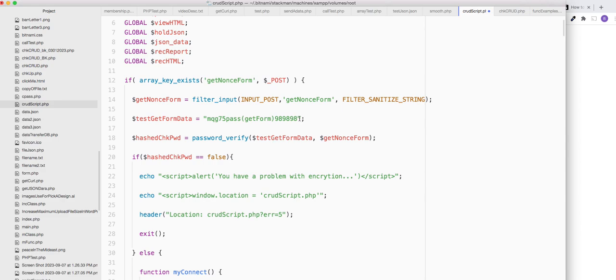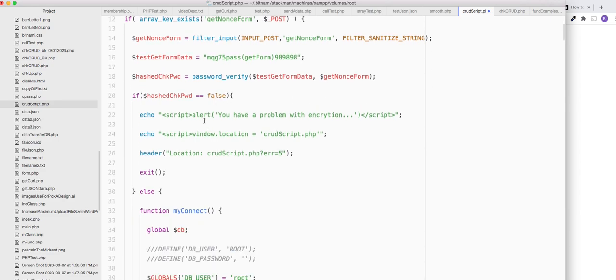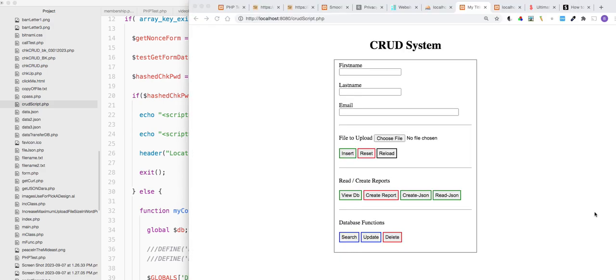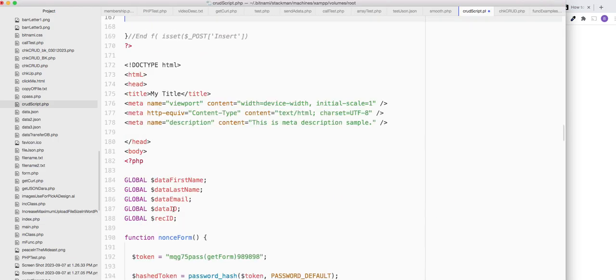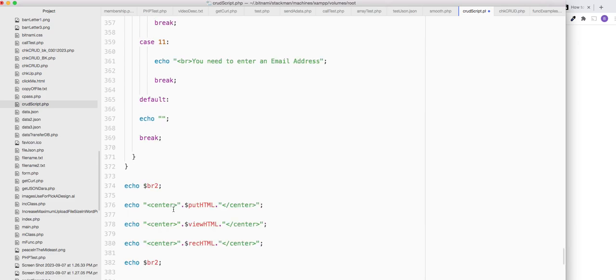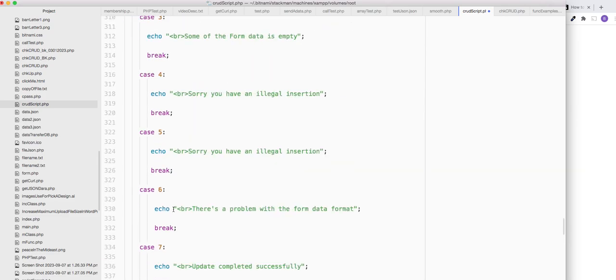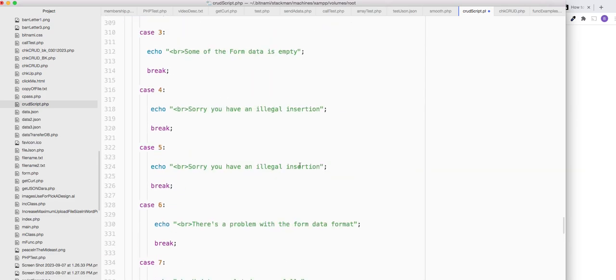And if it's the same thing, then it goes on. If it's false, you get a message like this, and then it takes you out back, giving you an error 5, which should give you some kind of message over here. Error 5 would be something like right here. Sorry, you have a legal insertion. Okay,